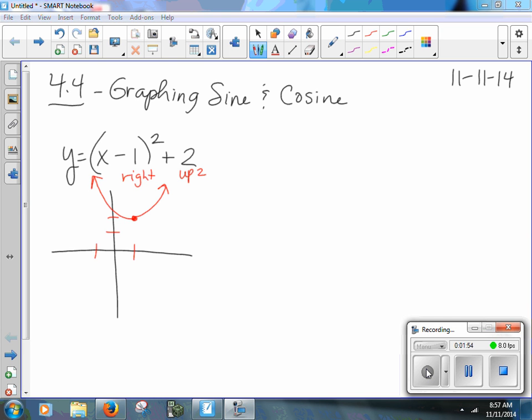So all of this stuff that we study, it still comes back and we have to revisit it and we have to think about it. And we just keep using the same information about domain, range, intercepts, yada, yada, yada, right? So how does this pertain to sine, cosine? The sine property, the parent function for sine of x,